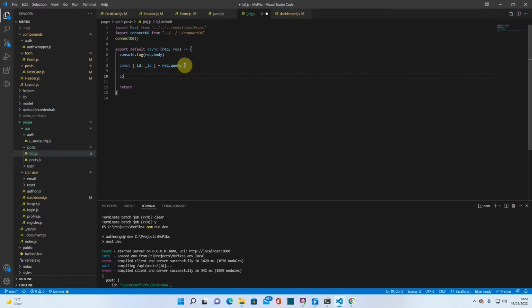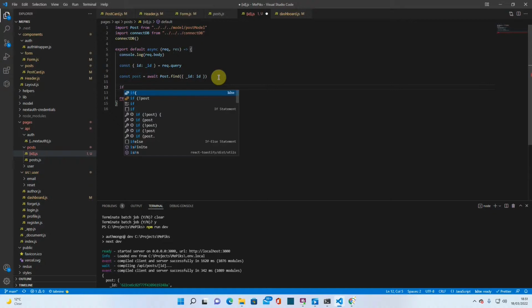Let's just check quickly for the post. So post, capital P, await post.find. Just make sure we got it, and we're going to find it by, I think, which one is it? This is underscore ID. I think it's this one. Right, so we're passing the ID here, and then we're looking for the underscore ID, and if not post, then we want to return. So we say if not post, yep, that's the one, and then return